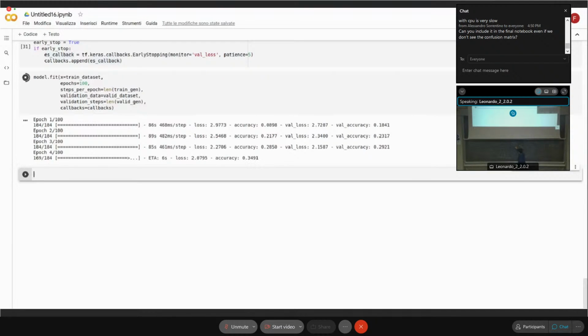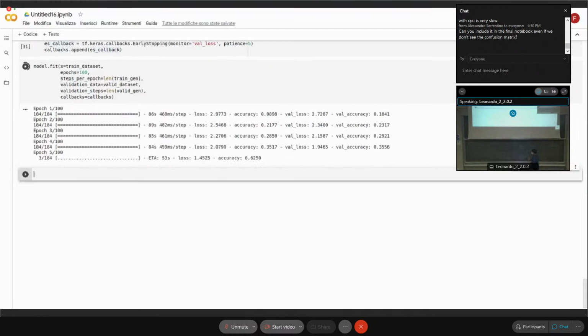And there is a method from scikit-learn to compute this matrix. Then we convert this matrix into an image, and we can plot the image on TensorBoard. There are very few lines of code, and I will put them on the notebook. Let me show you instead how to use